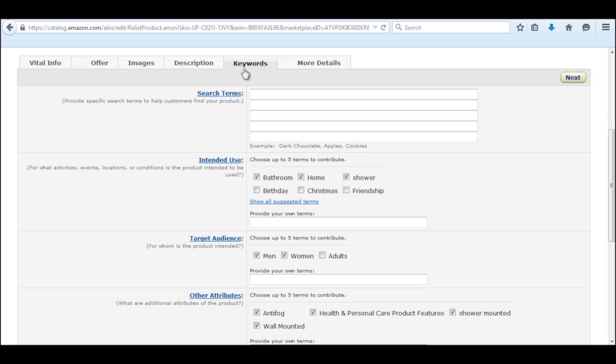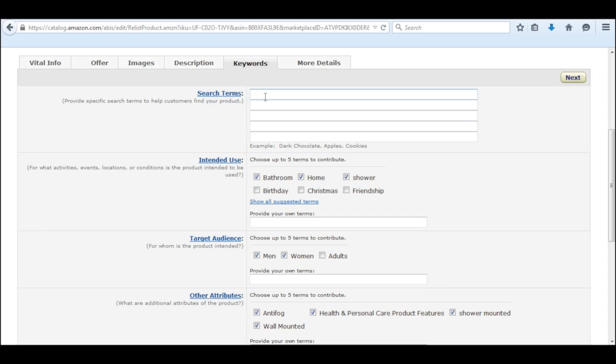Okay, so on this next page, the first part at the top asks for the search terms, and these are the keywords that Amazon is asking us to put in there. Amazon actually wants us to put different keywords from the ones that we focused on in our title. So we're going to put different keywords in here that we're trying to get more traffic to. And they also want us to not repeat words,